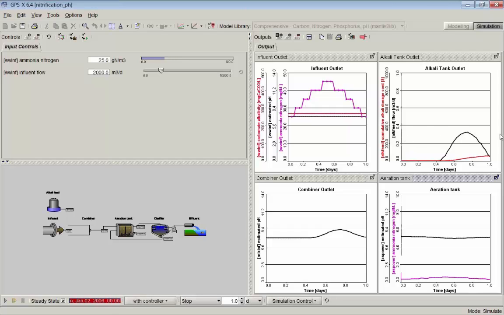So instead of having a flat line of continuous dosage here, it didn't do anything for a little while, and then suddenly when that pH started to dip down here, just below 7, that pump came on, and it started to add that sodium hydroxide as was needed, and then as it came back up again, it turned it back off. So, those are the kind of things that you can do with pH modeling in GPS-X,